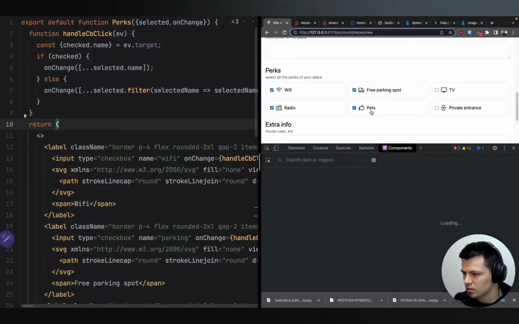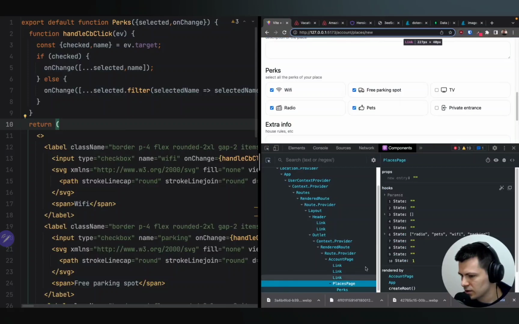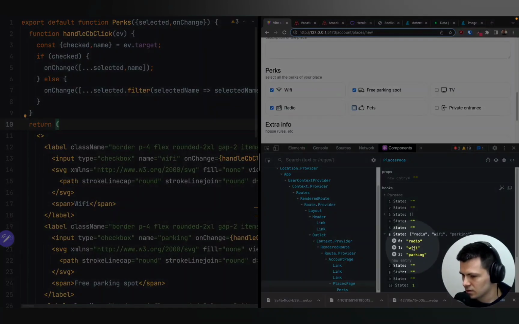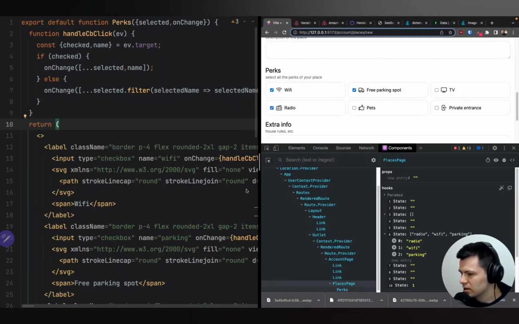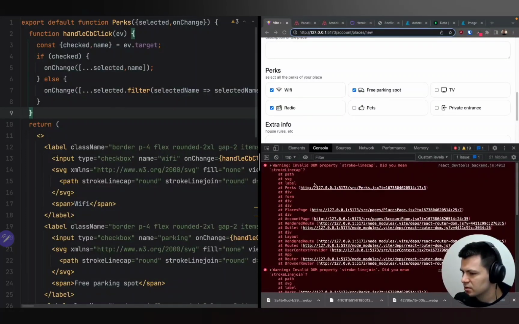Let's see inside components. If I inspect this one, places page, we have state here with our perks here. Radio, pets, Wi-Fi, parking. If I unselect pets, we don't have pets here anymore, as you can see. Right, so it looks like perks works now. Now it would be nice to get rid of the